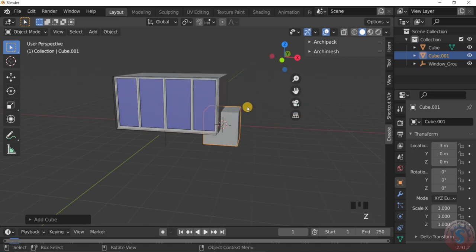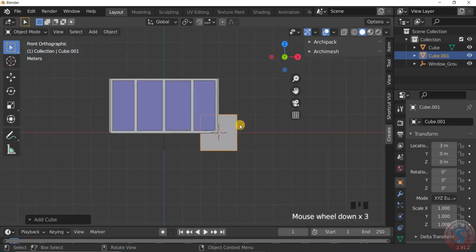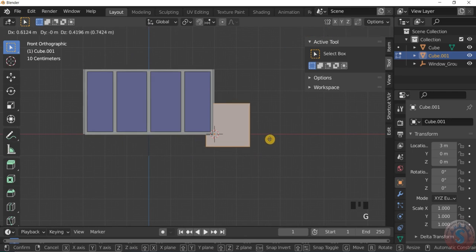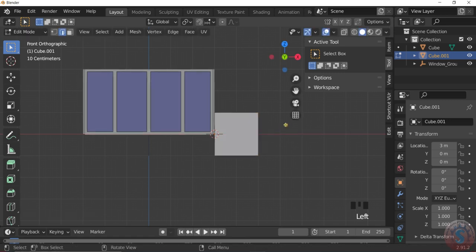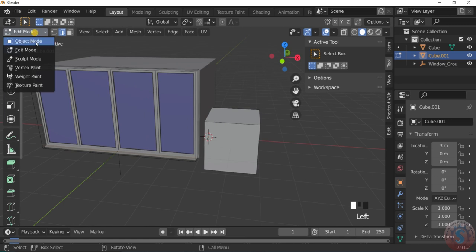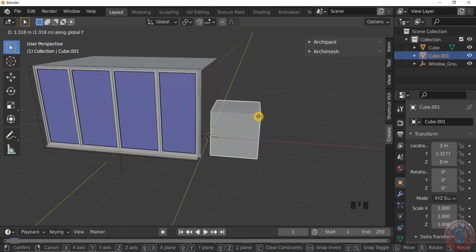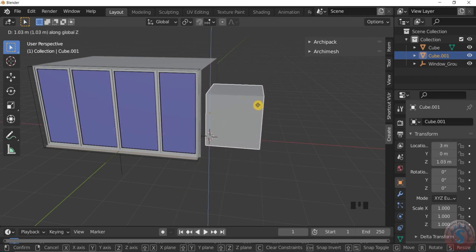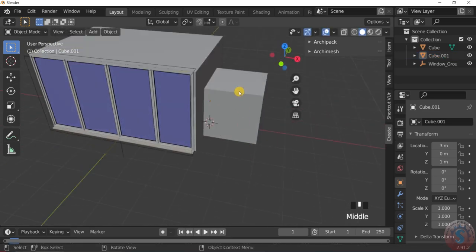I want to adjust this cube by pressing 1. After pressing 1, I'm going to the edit mode, pressing G, and clicking on the X-axis. By using the control key, I adjusted it to the exact position, and go into the object mode and select G and click on the Y. On the Z axis, by using control, you can observe exactly the location.